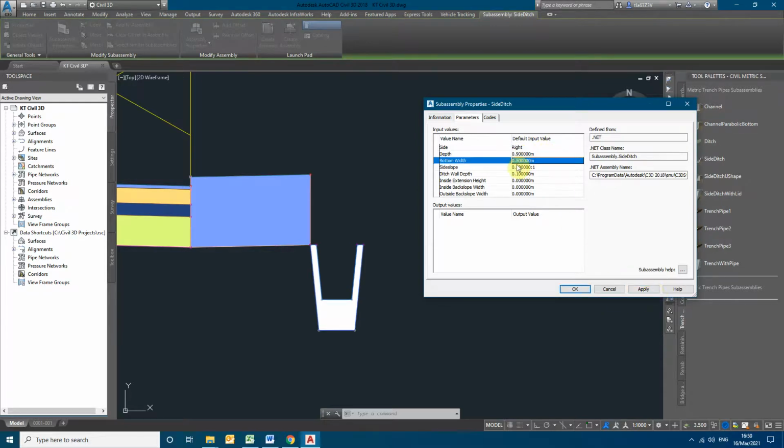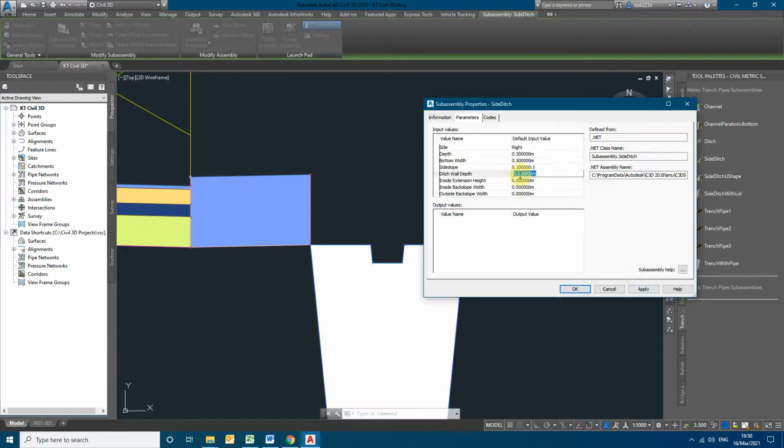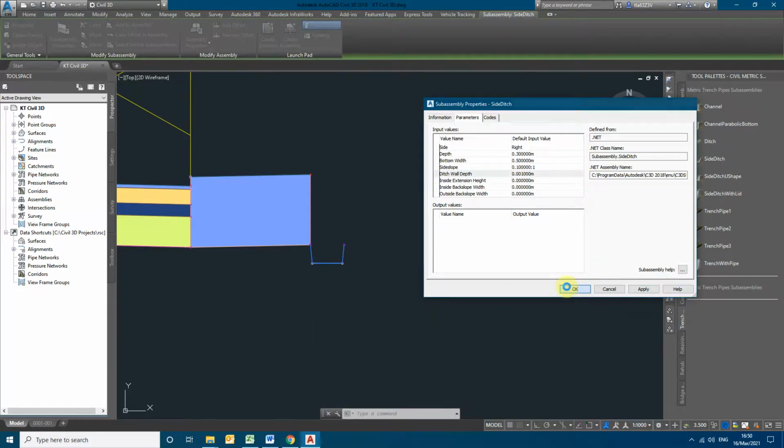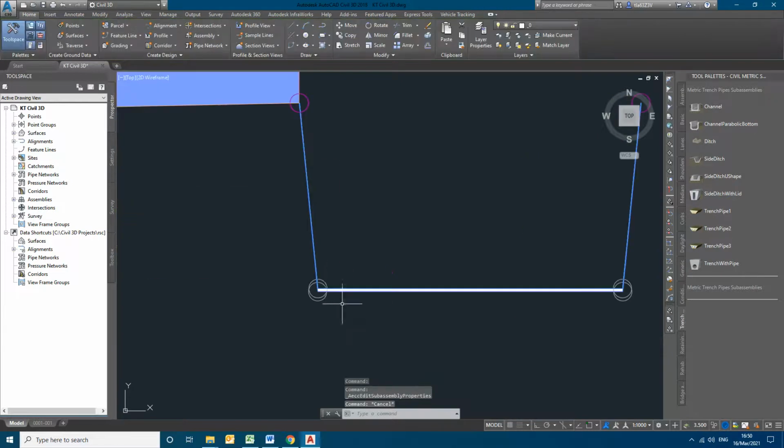As per our requirements, we can customize this. Now I'm making it 0.3. This is the ditch depth that I had given.